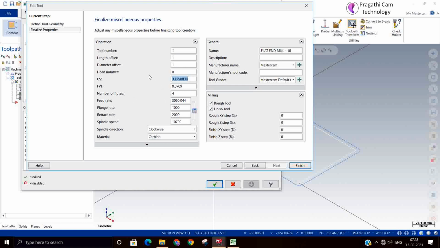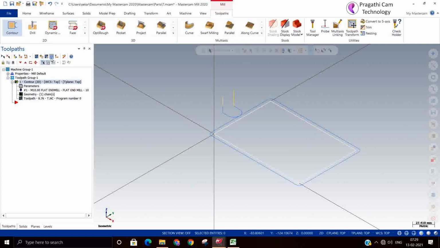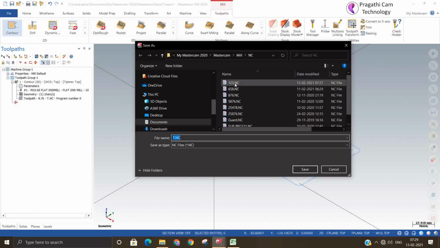CS I have given 150 and feed per tooth. Now you can see the tool number, length offset number, diameter offset number are changed. The output is going to come with tool number, length offset number, H1 and D1. You can see all these things.